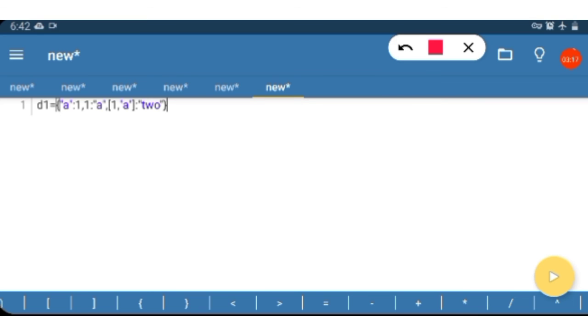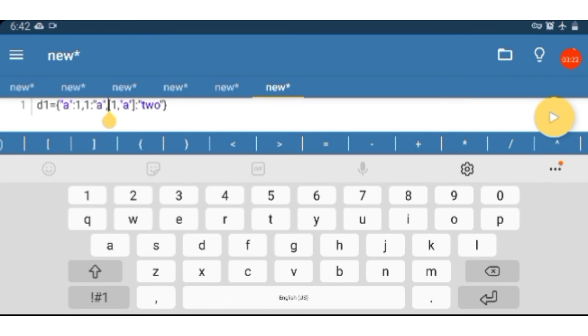So how can we resolve this error? We can replace this list by making it a tuple.